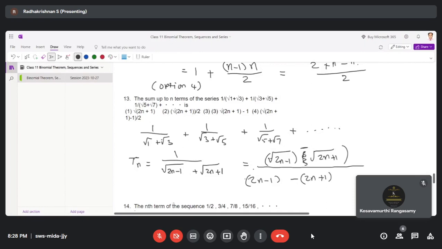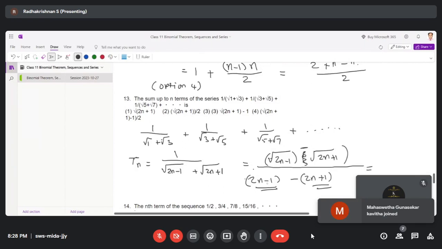So when I multiply by root of 2n minus 1 minus root of 2n plus 1, it is like a plus b into a minus b, which is a square minus b square. That's what I have written. A square is, when you square the square root of 2n minus 1, it is simply 2n minus 1. And this is 2n plus 1. So now you see the 2n gets cancelled and all that remains is minus 2. So that means minus half of